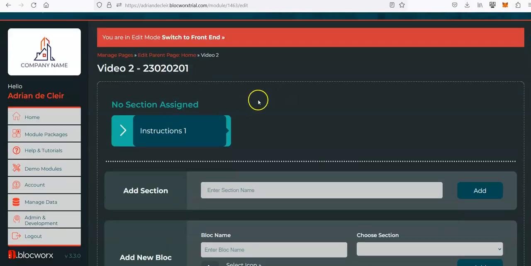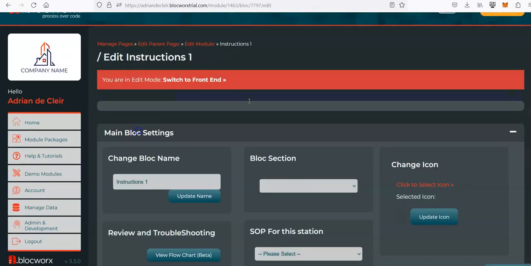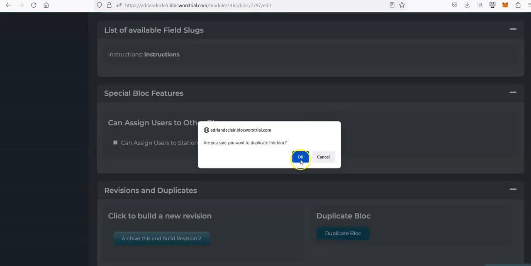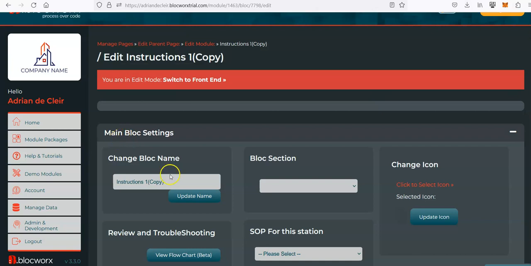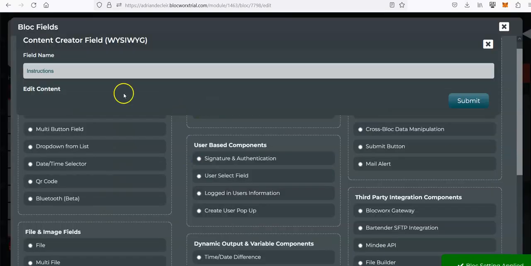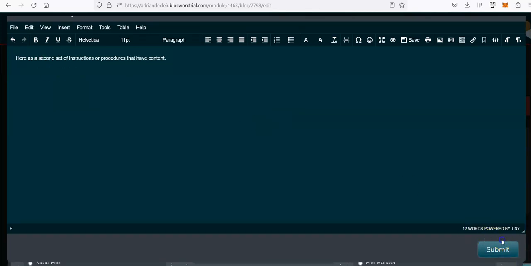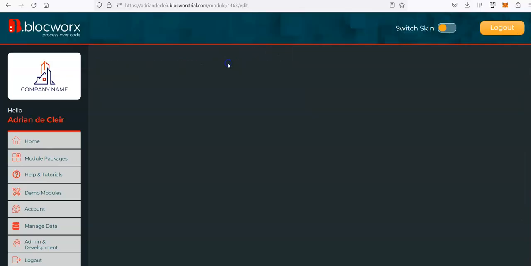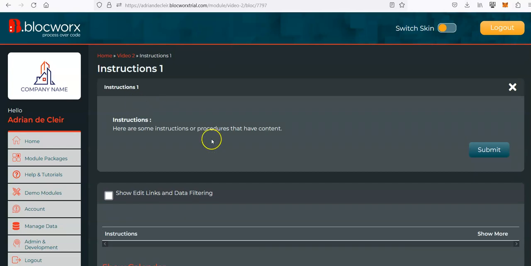Then, for instance, we'll do one more. I'll just duplicate this block, it'll be easier. So now we'll say instructions 2, here is a second set of instructions or procedures that have content. So now we go back to the module. Let's just pretend that here's a place where customers can read information about different things. This is perfect